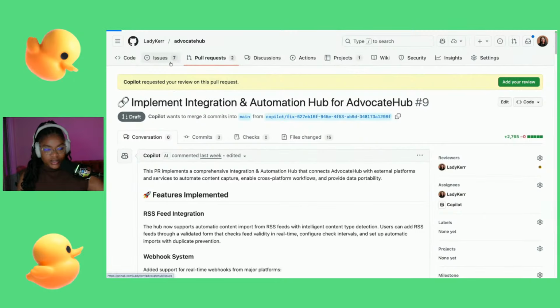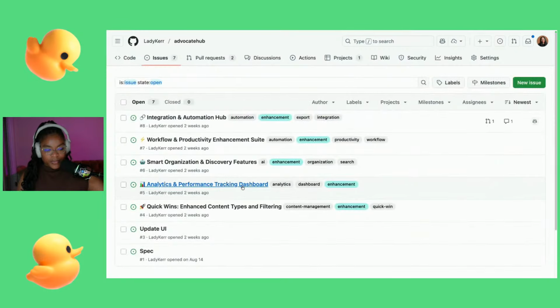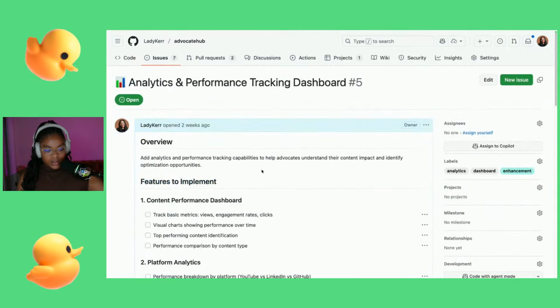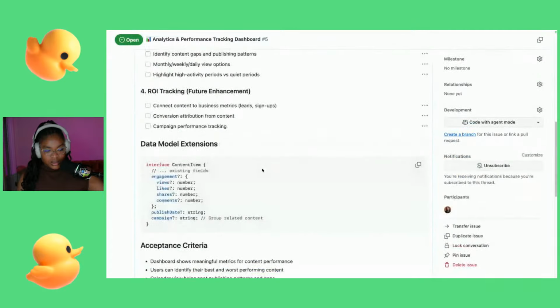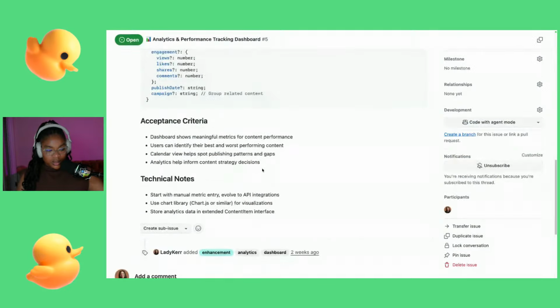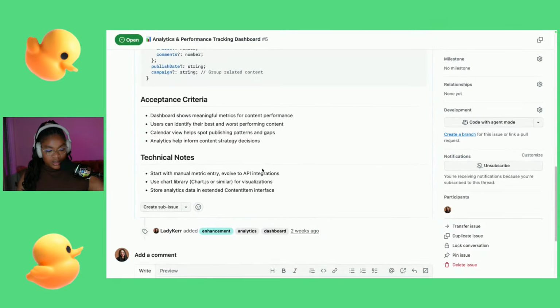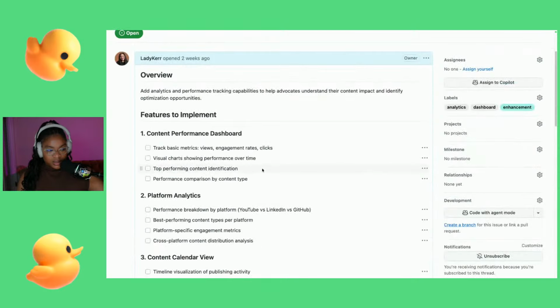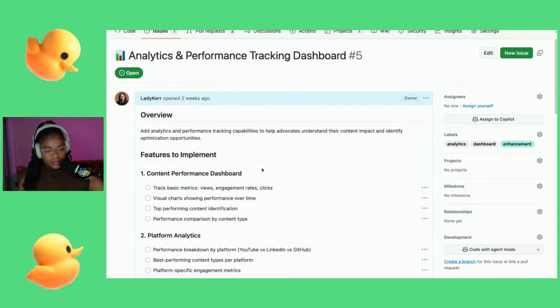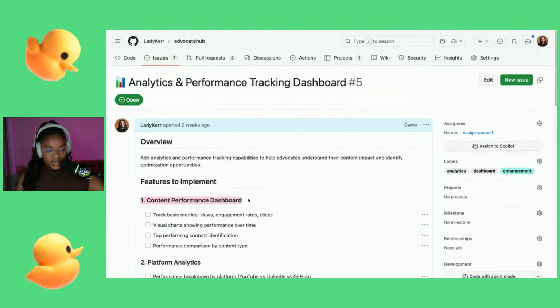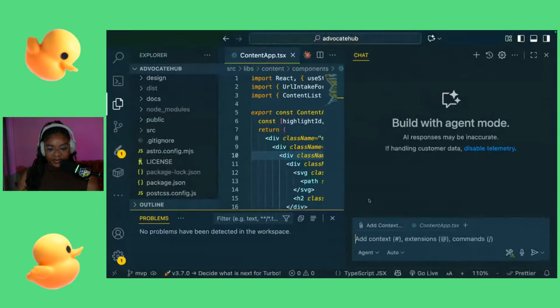Okay, let me try to focus a little bit. I can ask it to implement this one. Hold on, what issue number 5?